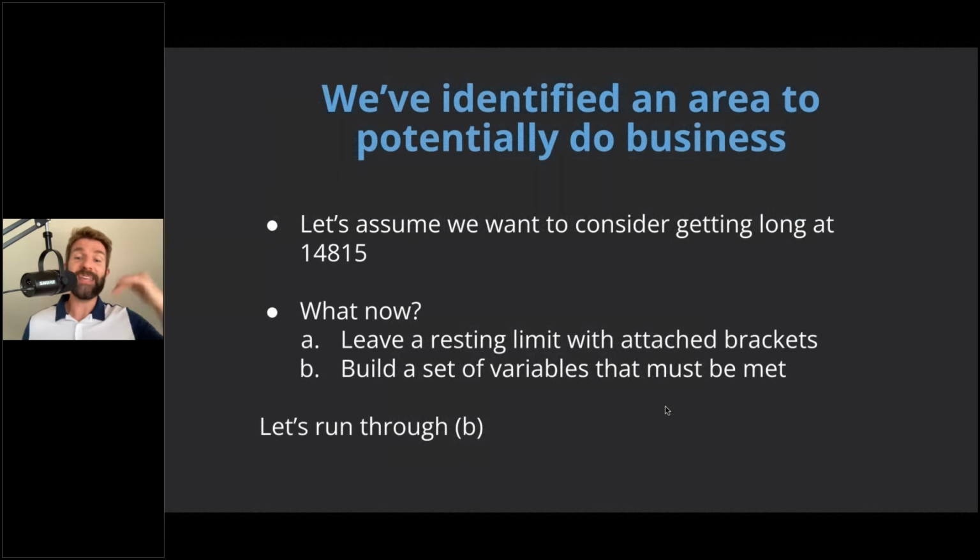We leave a resting limit in with attached brackets, i.e. take profit and stop loss. Now, before I dismiss this idea, and this is not what we're going to focus on at all today, just to get that clear. However, if you are a trader who is really mind-boggled with all the stuff going on, you're trying to get this working, you're just struggling, and it's noise and it's a mess, there's no clarity, there's nothing wrong with stripping everything back and just starting with one brick. And that one brick is, what are conditions doing? Where's a key level the market could bounce? Let me leave a resting limit in there with a stop.